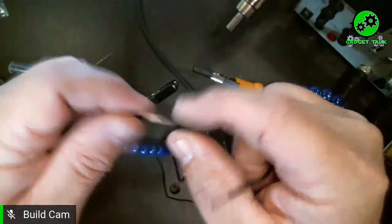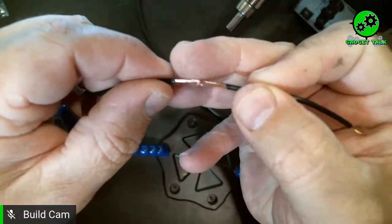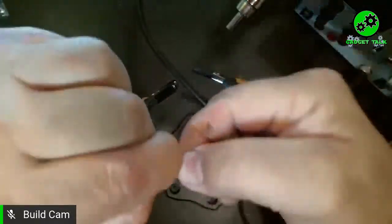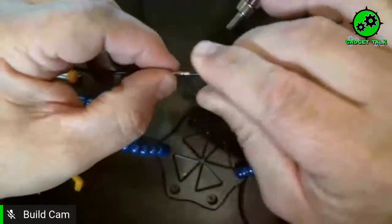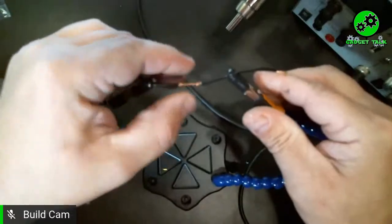There's lots of different ways, and you can decide how you want to do it. One way to do it is to actually put the wires together, interlace it, and then twist it. And then if you solder it,